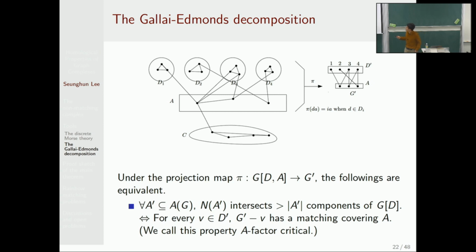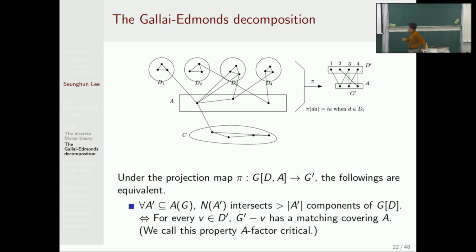One can check that it also satisfies the third condition, the non-empty condition, but it has the following equivalent condition. So we construct a projection map from this graph to another bipartite graph G prime, such that it uses the same vertex set A, and a different vertex set, where each vertex represents a component of D, and pi is just defined by this. Actually, it is a projection map from this graph to this graph.